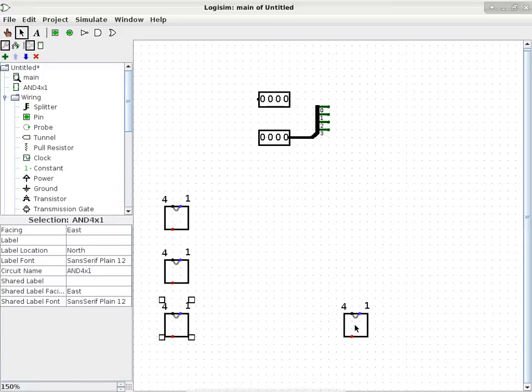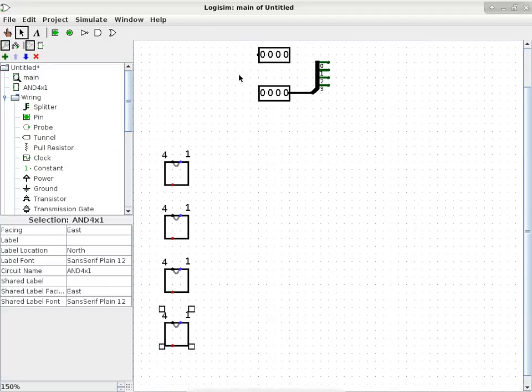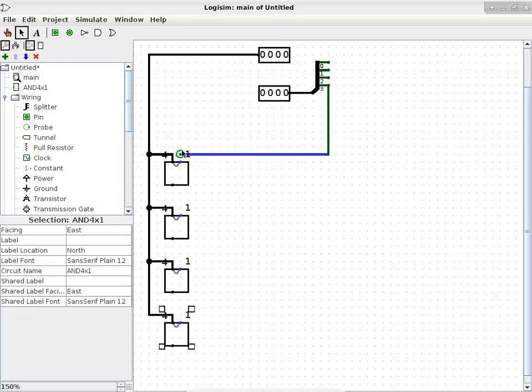I have to plan ahead of time how much space I will need to do all the wiring. I think this will work out really well because I can just take one wire. It's kind of like a bus, in a way, because it connects to every single one the same way. This is the one that is going to feed into every single one of these 4x1 conjunction or AND gates. And with the other one, I will take one wire for each one. So we'll take the most significant bit going to the first one, the second most significant bit